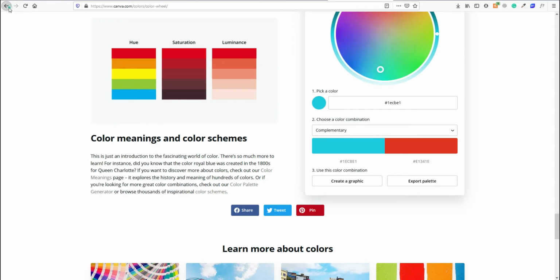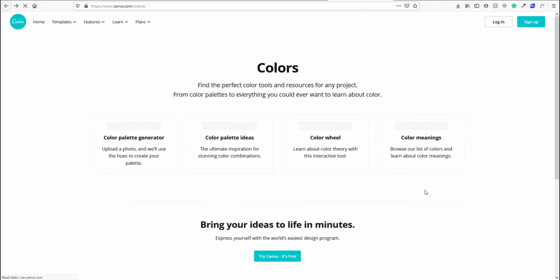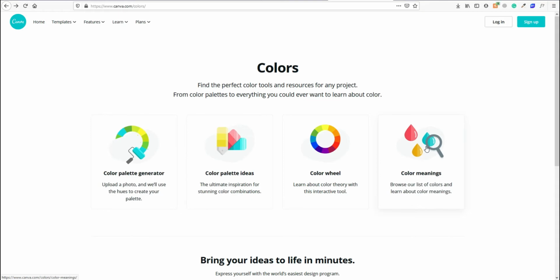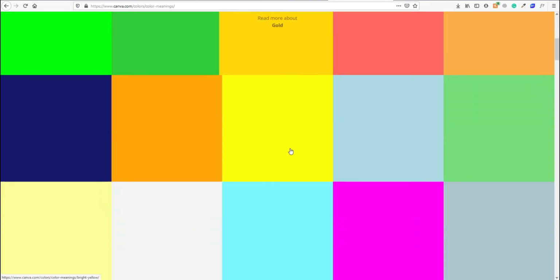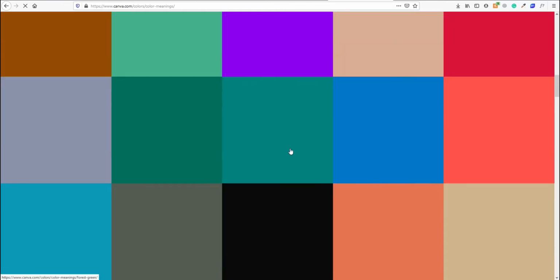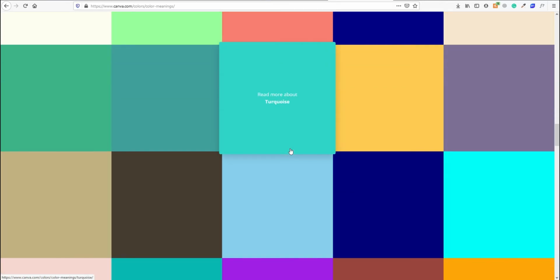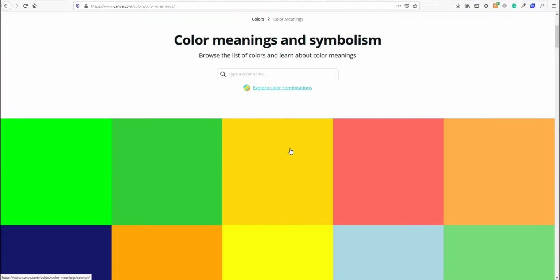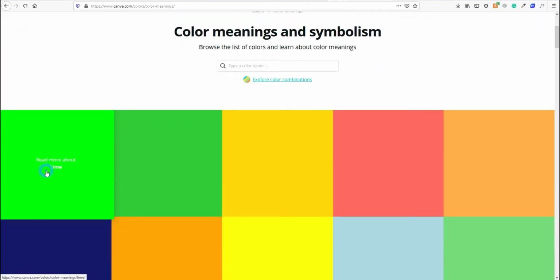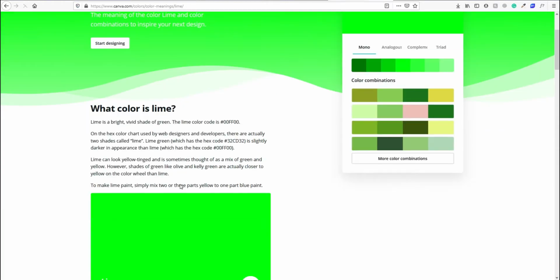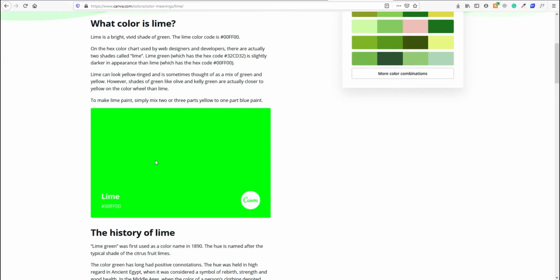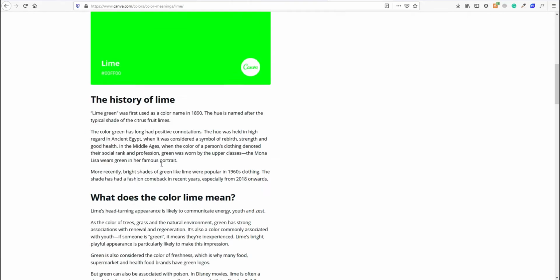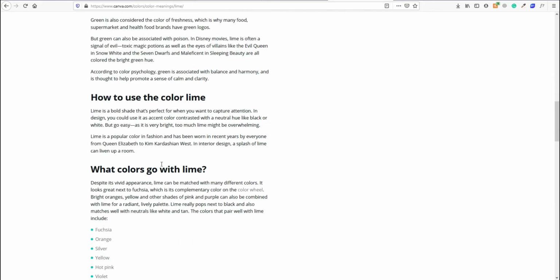And here, let's go back and check the final one, colors meaning. So here they have listed a bunch of colors, probably all colors you might be needing, and you can simply click on a color. And here they have written an article on what this color actually means, what it symbolizes, and where you can use it.